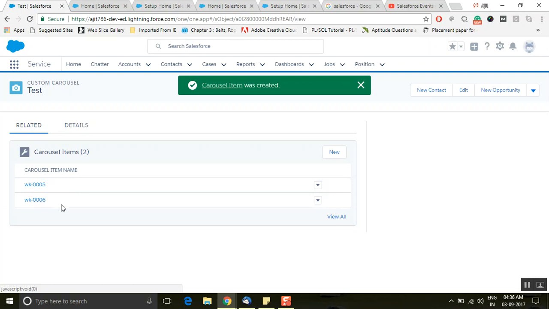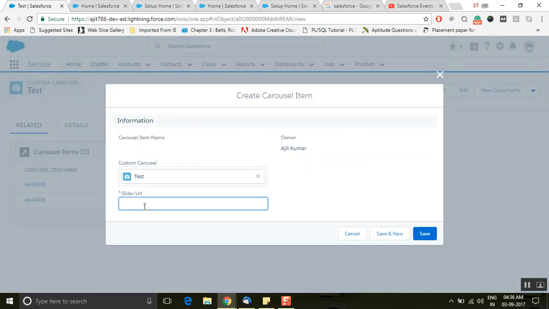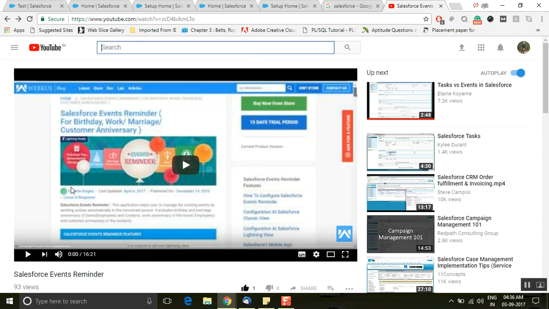You can see the two images have been created. One can also insert a YouTube video, but there is a certain format which you need to follow while inserting the link of the external YouTube video. Suppose we have a video, copy this link,